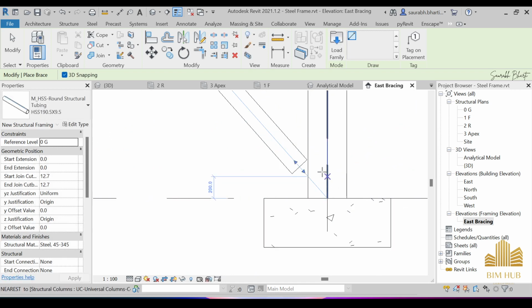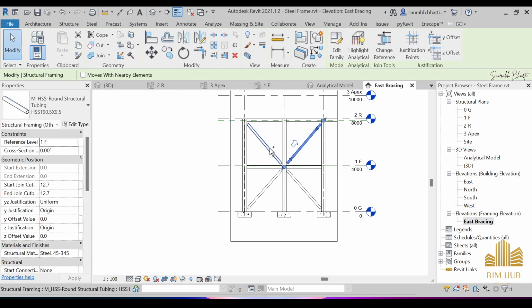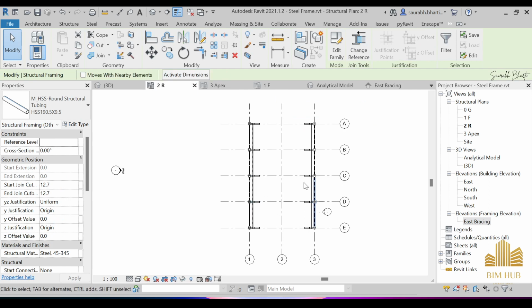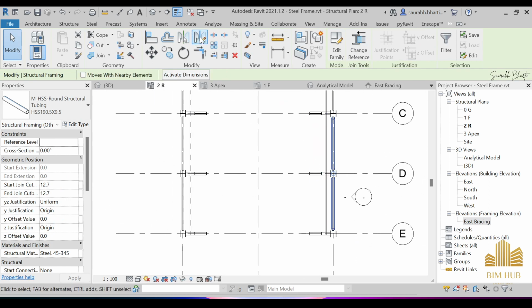As you can see, Revit automatically snaps everything, and now we have this framing over here. So you can select all of these four bracing, and then you can go to 2R, and this all will be selected, as you can see. Okay, and then just mirror it